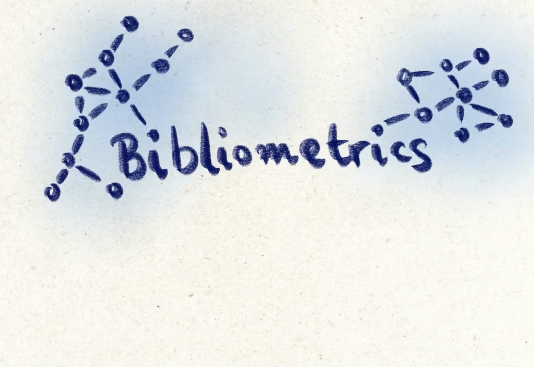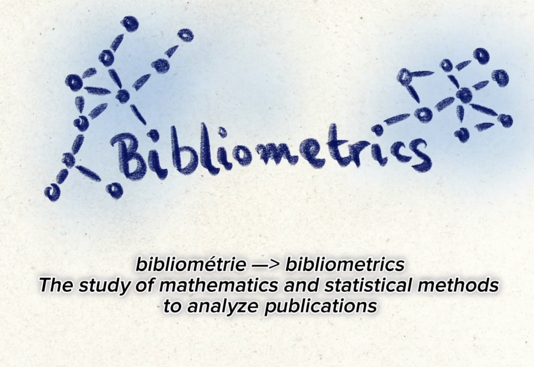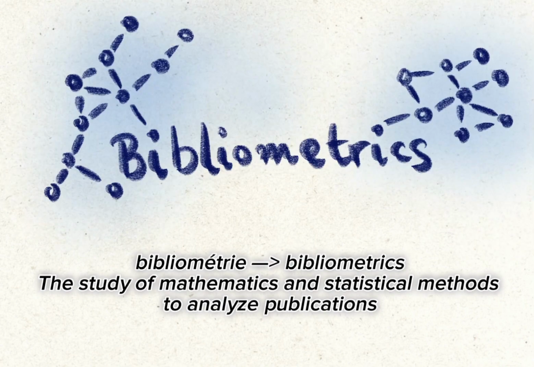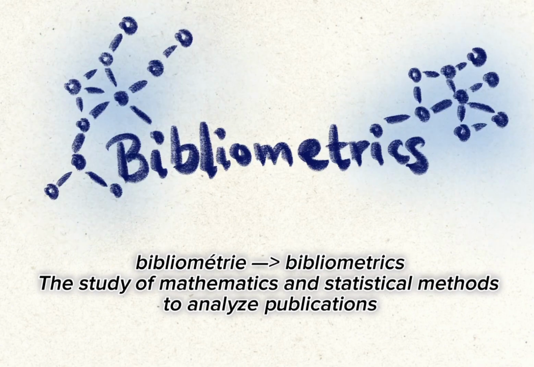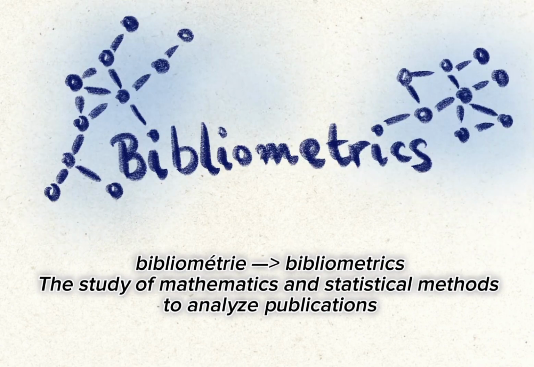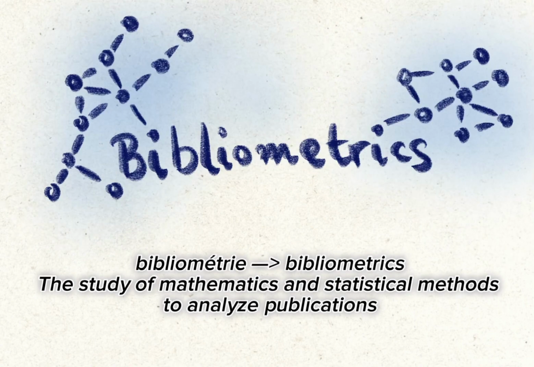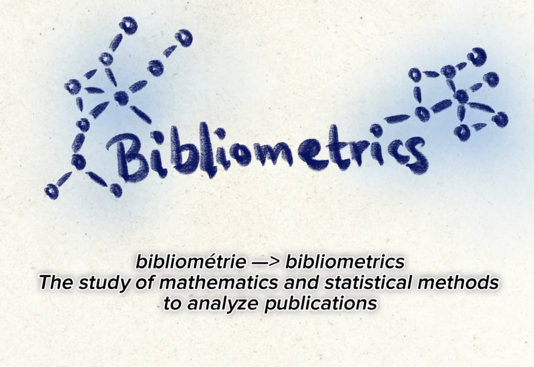What are bibliometrics and what can they tell us? Bibliometrics originates from the French word bibliométrie, coined by Paul Otlet in 1934, and the word was anglicized as bibliometrics by Alan Pritchard later in 1969. It's a field of study that describes using mathematics and statistical methods to analyze publications like books, research papers, and